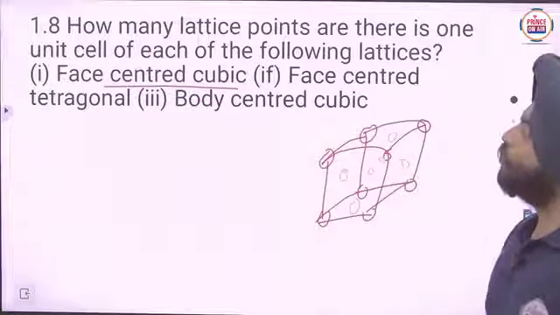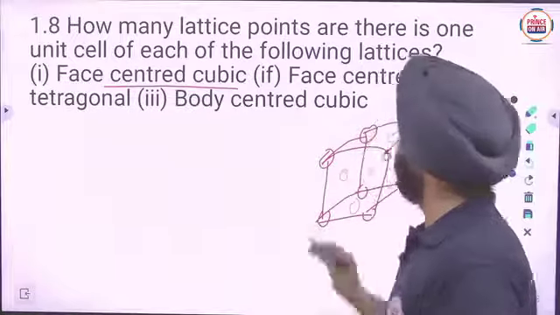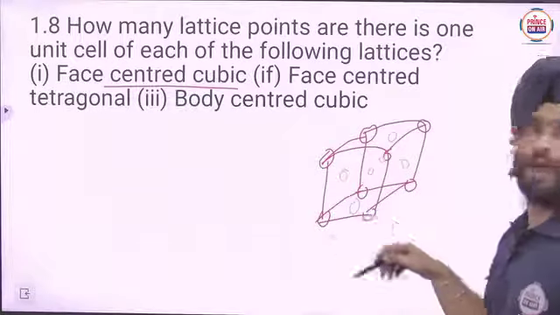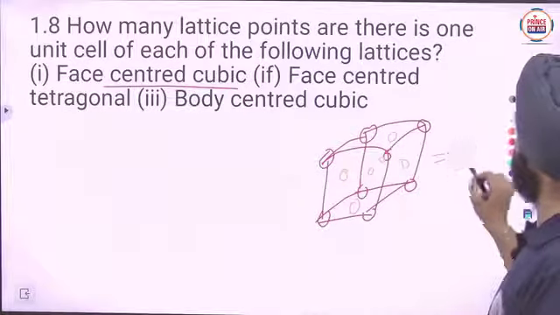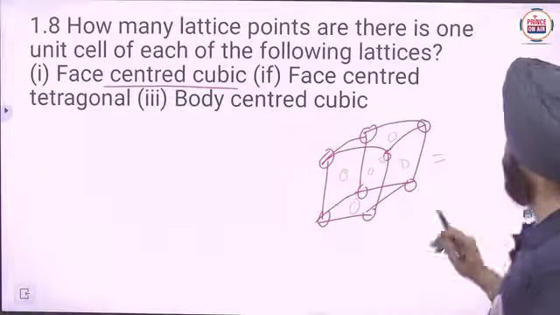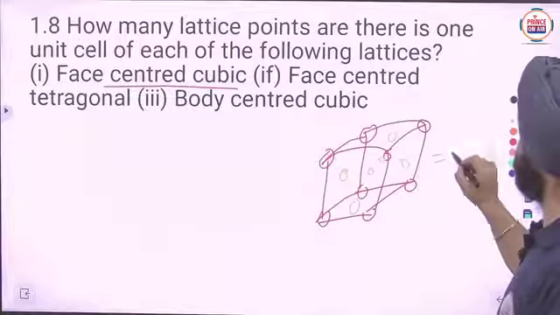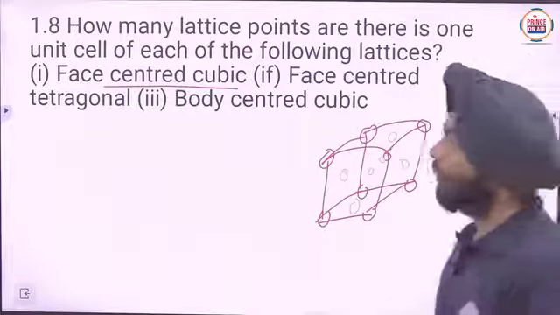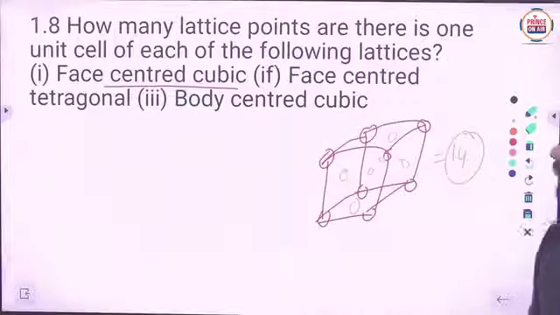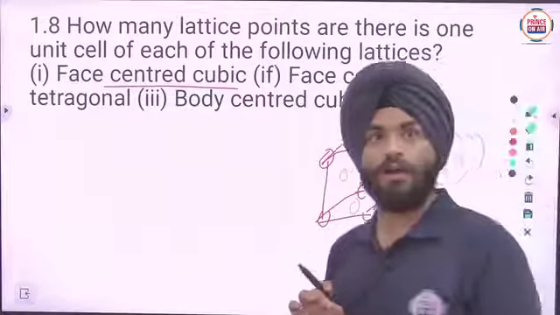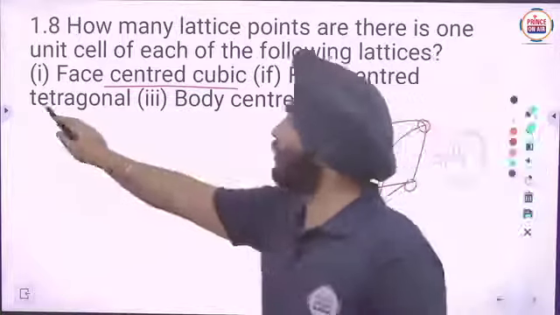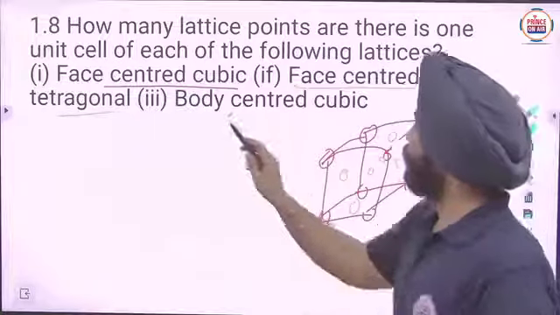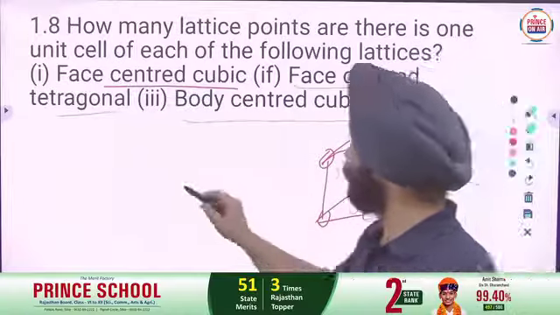Okay, so in this case the number of particles, you can count 8 corners and 6 faces, so it will come out to be 14. That will be 14 here, the number of lattice points. And for face centered tetragonal it will also be the same. For body centered it will be